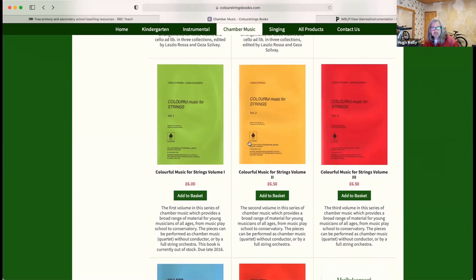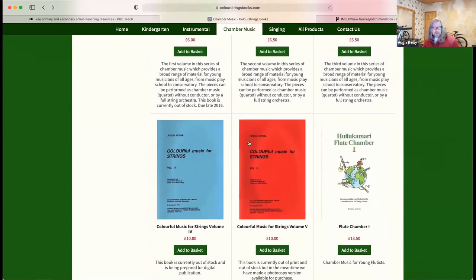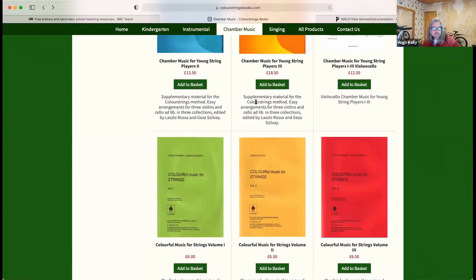I don't think it was designed with any particular structure in mind. The books are all laid out in quartet format. In these ones, there are no parts, which is a bit awkward at times, I find, for young children, especially trying to follow them. So what we've done, or we of course is the royal we in that particular instance, what I've done with these is, just to show you quickly,